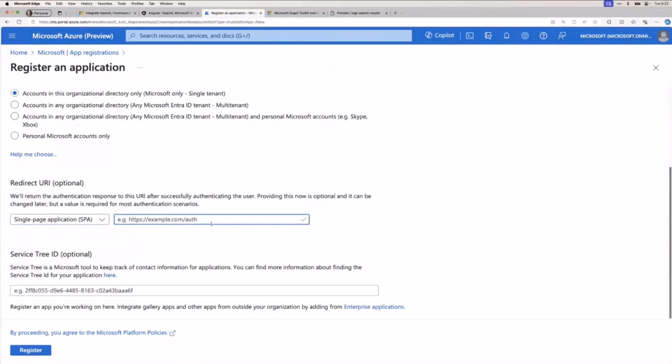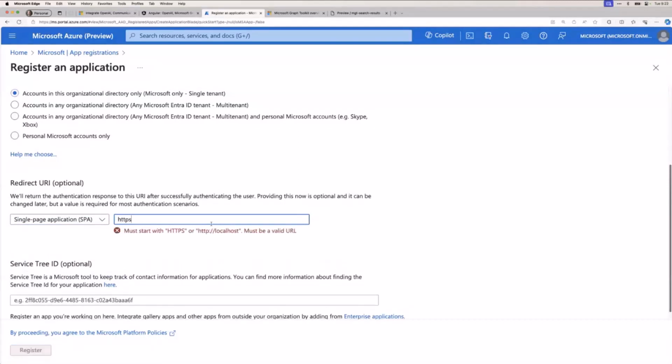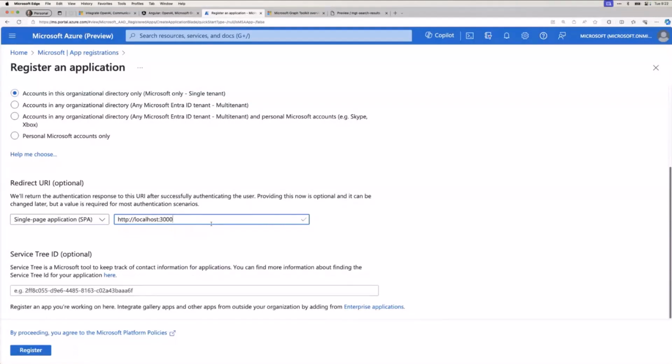And then for development purposes, if you have HTTPS for development, great. But normally you'll have like localhost, some port, right? So localhost 3000 maybe if you're doing some of those different front end type projects, or for this one, it'd be 4200. And you would put that in. Now the service tree, I'm not going to go into because that's optional, but you would just register that.